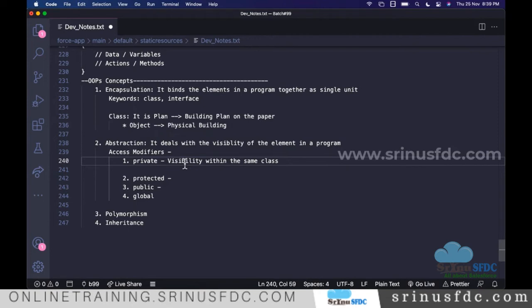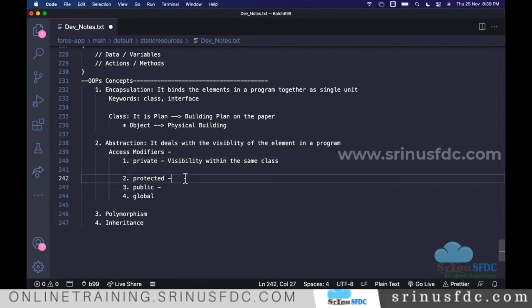Method means a reusable set of statements. Whatever we define can be accessed only within that class. If you have multiple classes and there is a private variable, we cannot call that variable from another class. It's not visible.